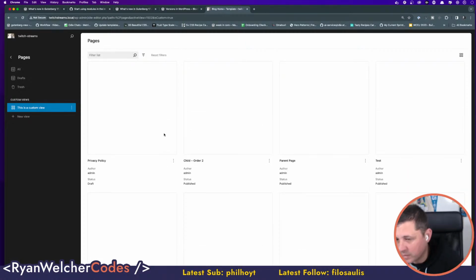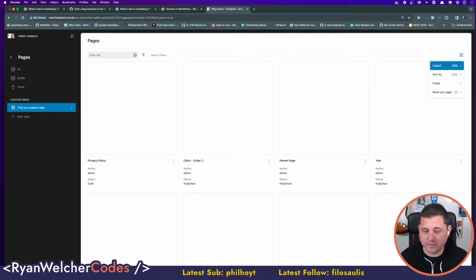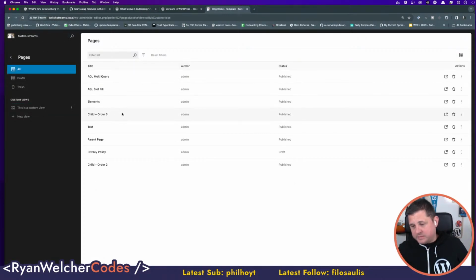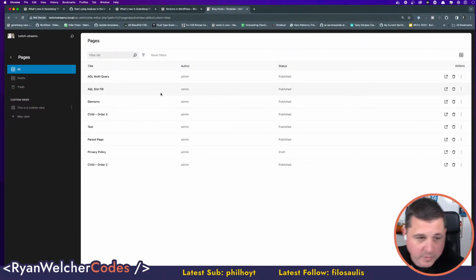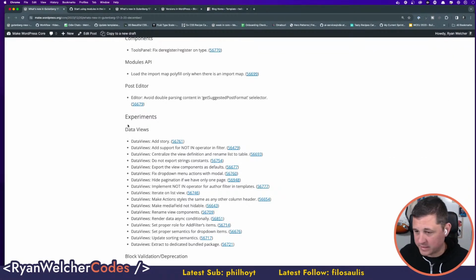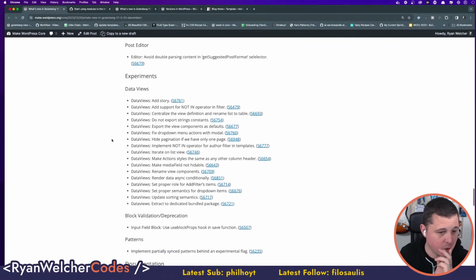So anyways, there's a lot of really, really cool stuff. I think this is working towards a new dashboard design. There's a lot of work being done right now on the overhaul of the admin. So this is very cool stuff. It's still very much experimental, but I think the data view component, the actual component that builds out these views, is actually exported now. I think it might still be marked as experimental, but it is available to play around with. So if you're interested in this sort of stuff, you should definitely check it out, because it's going to be very nice in this guy's opinion. Yeah, I think it's great. I think it's super cool.